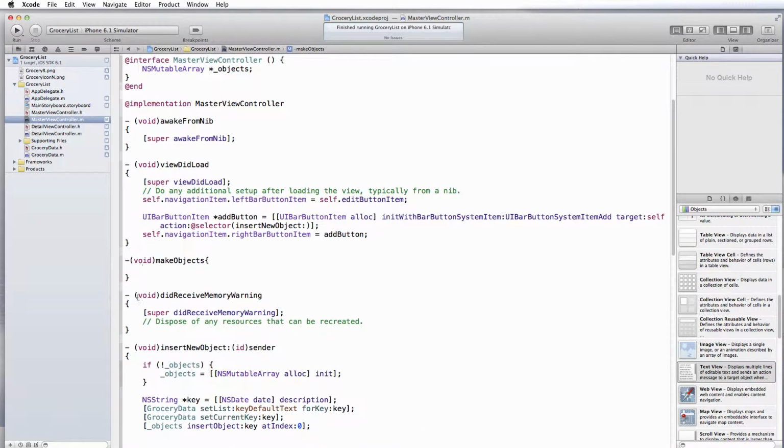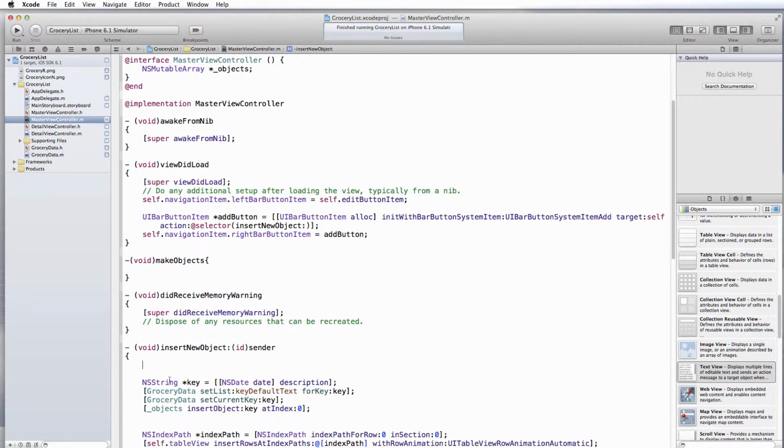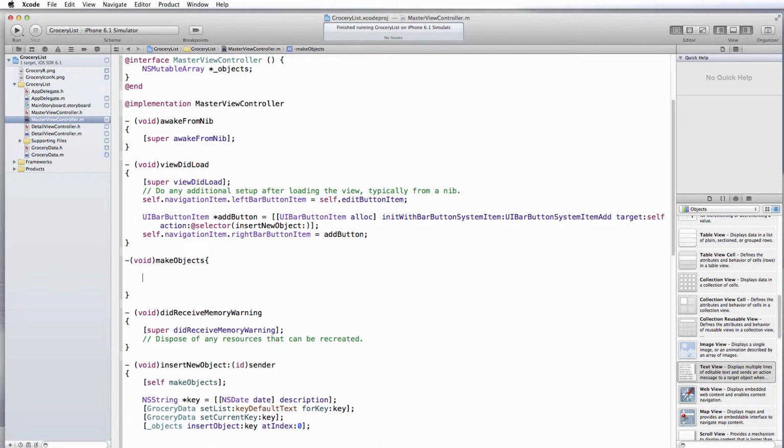And I'm going to go down to insert new object. And I'm going to delete this conditional. And I'm going to add a reference to self makeObjects. And now I can head back up and instantiate the objects from inside makeObjects.